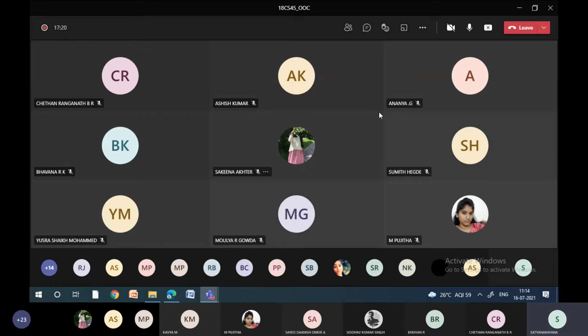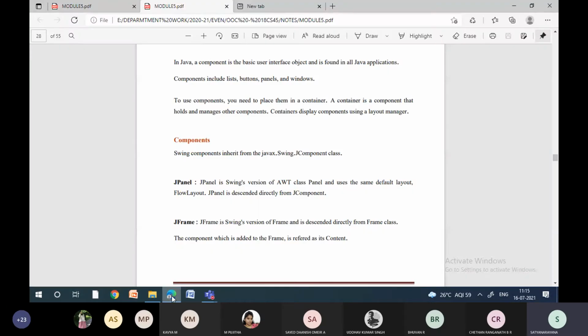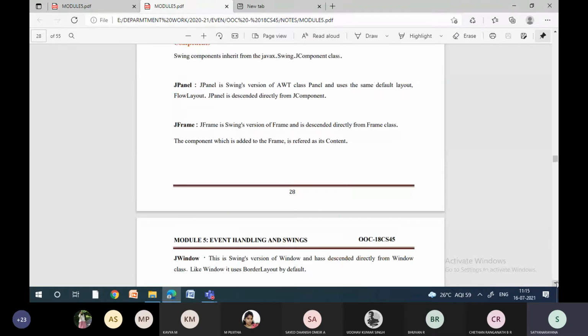There are so many layout managers which we are going to use in order to place the items or components in the container, right? So when you are working with the components, Swing programming has to inherit various components using a package called javax.swing. So that means if you want to work with components, you need to import javax.swing. Under that, we are going to use the JComponent classes.